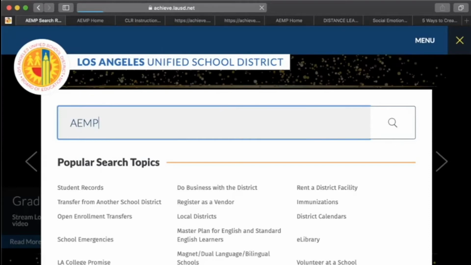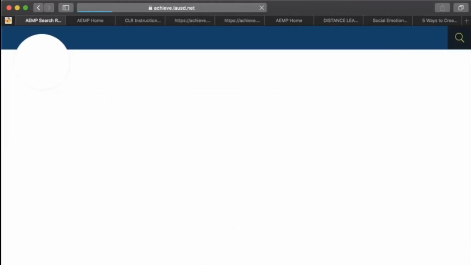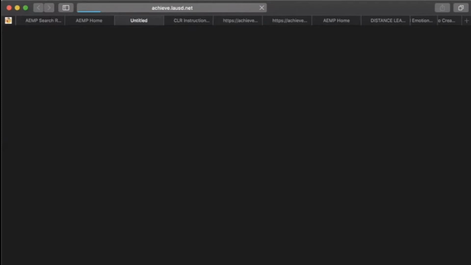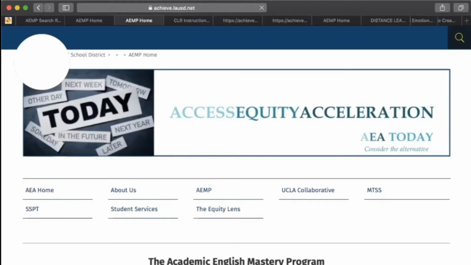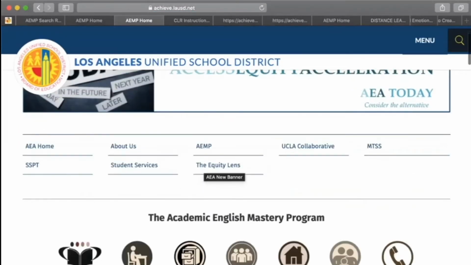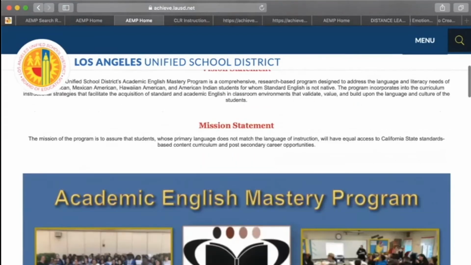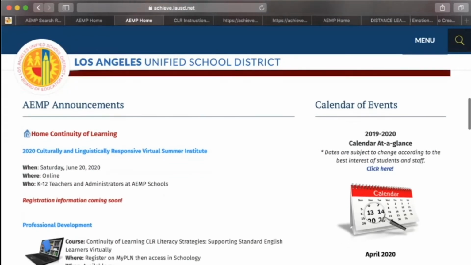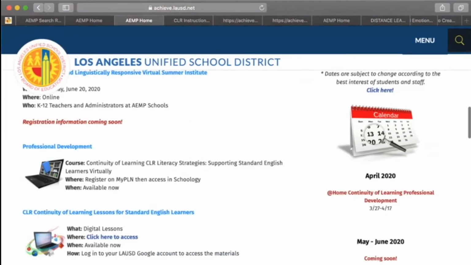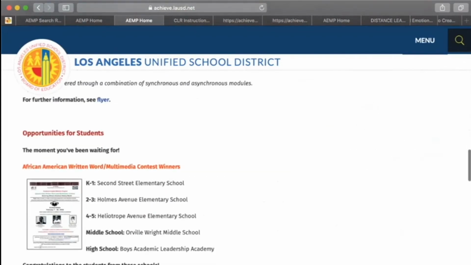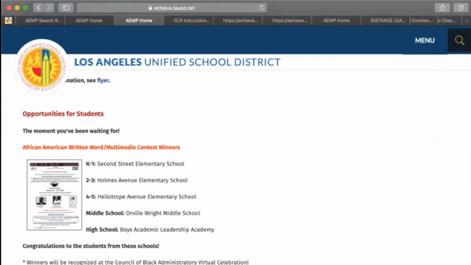And once you enter the search button, you do one more thing, which is to click on this link. You arrive at the Academic English Mastery Program's website and their main page. And just really quickly, I always like to come back here periodically because there's always a wealth of information and professional development opportunities for me as an educator, but also opportunities for my students that I can use to help